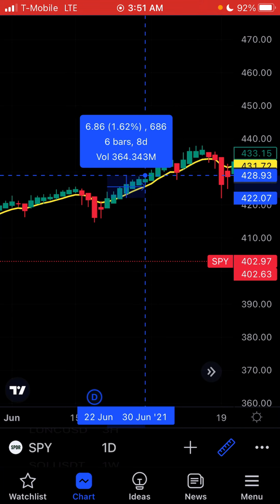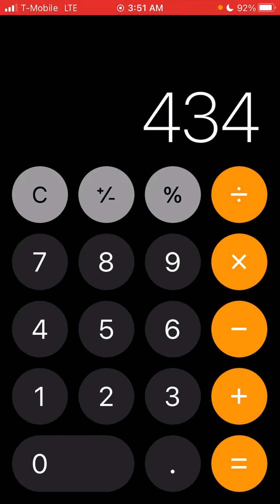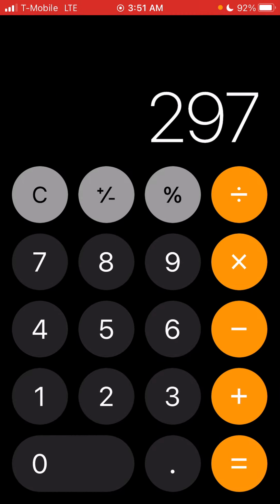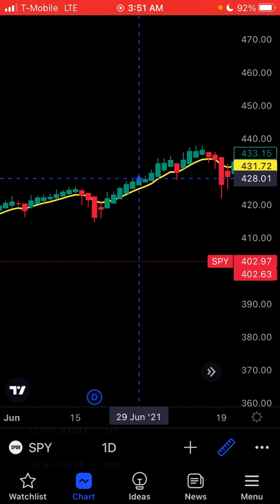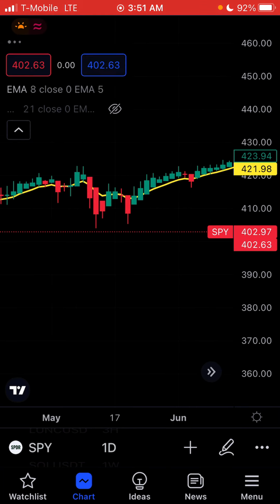So I always only buy options for 7 days, because after I buy the options, I'm just looking at the price and getting in and getting out. 5.94 times about 50, then times that if you did 2 options. You made 594 in 7 days. These are the small ones. So these are the small moments. If you catch the big ones,